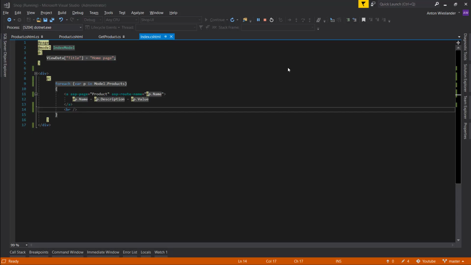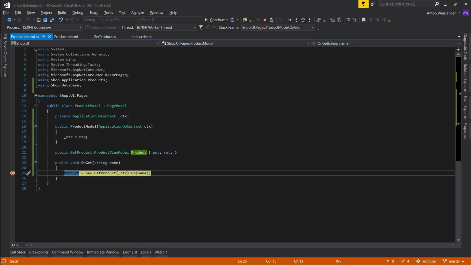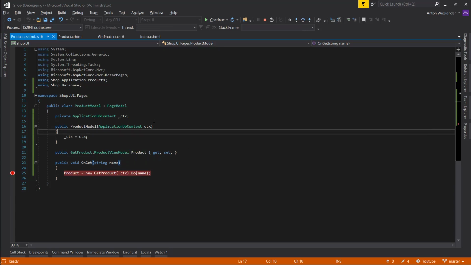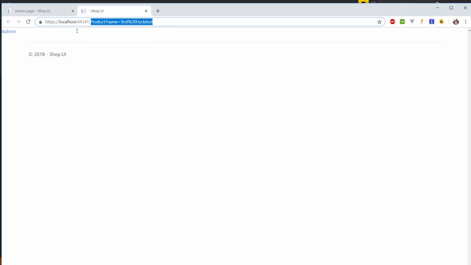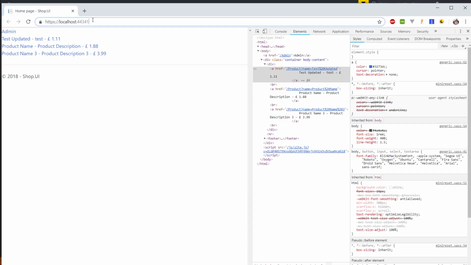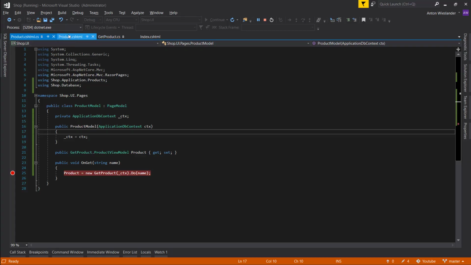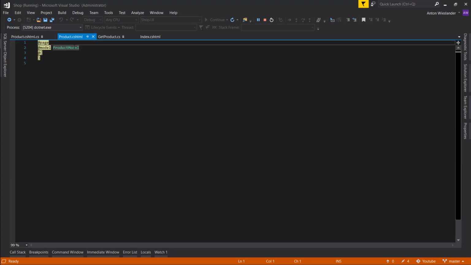It's the whole URL, but there are parts to the URL like the protocol, your port number, your domain, your path, and the query. So right now what's happening is we're passing the name as a query. So we do get the name, but as you can see, the route itself doesn't look too presentable. So what we want to do is first pass it in as the actual path, not a